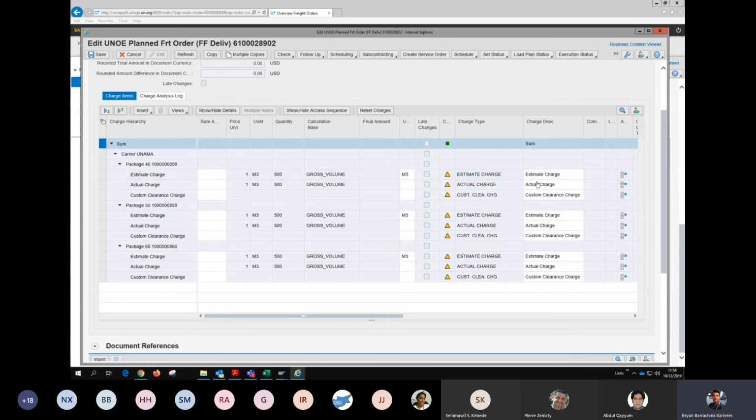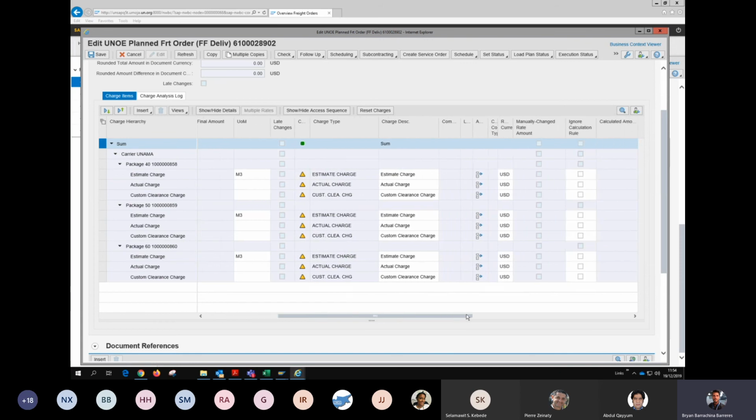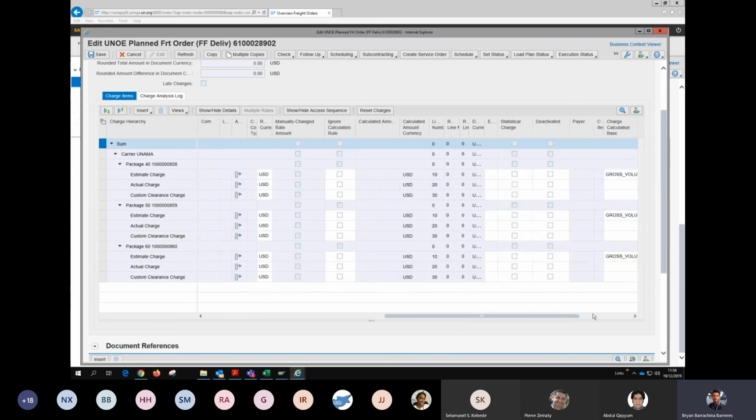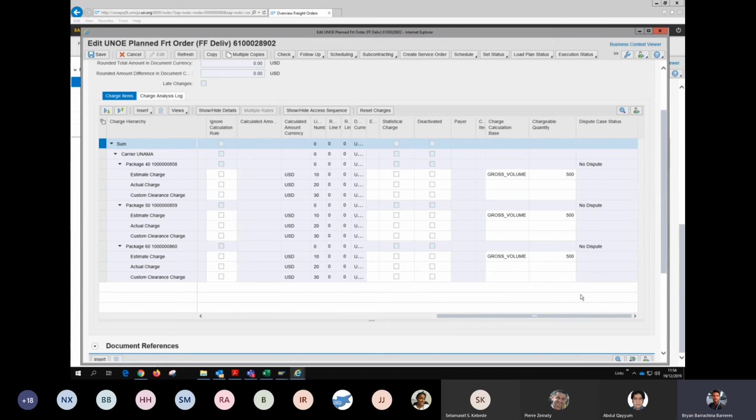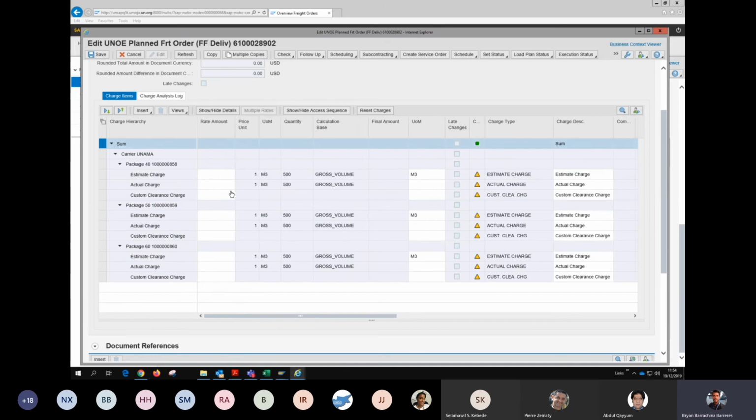So I played around with the columns before. So actual charge, estimated charge. This is the unit of measure. Let's see if I have my US dollars here, estimated charge. I don't see where I can add the actual chargeable quantity. Okay, perfect. So you can also play around with the columns here too. Okay, rate amount. So basically here's where I would be adding my rate amount. So here's where I can add the price,